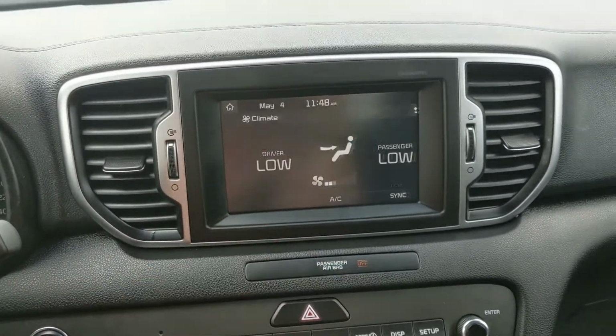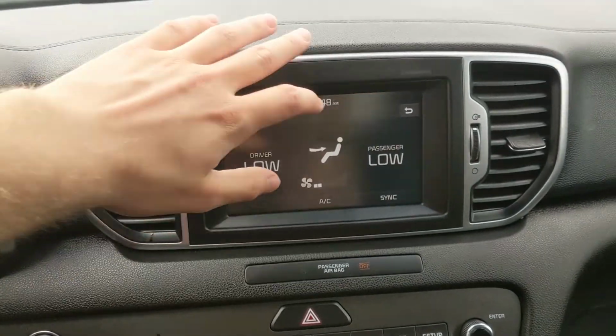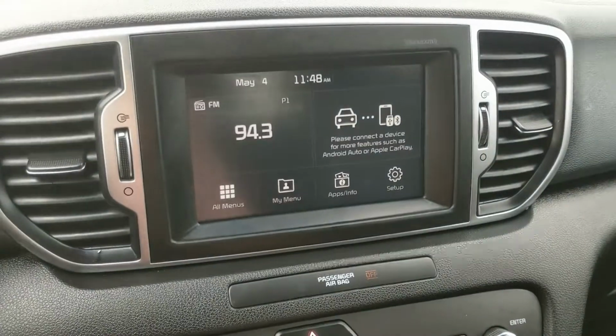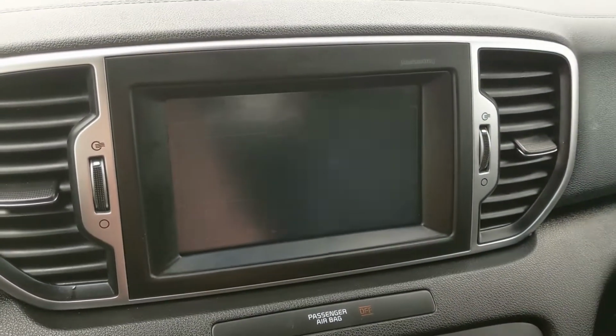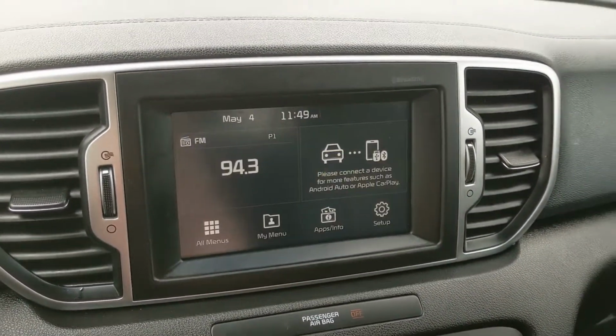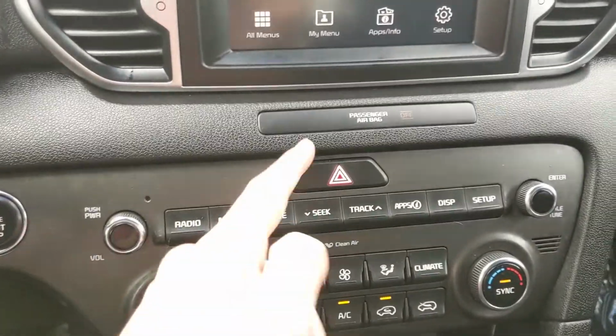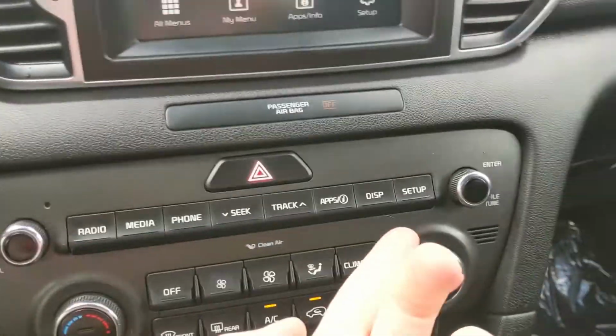You can also access your digital climate controls here, but then moving on from that, shifting into reverse, you do have a backup camera, so you're going to be able to see where you're going, hopefully avoid hitting anything. Then moving on from that, you have your hazards, of course, and then you have your media controls, and then